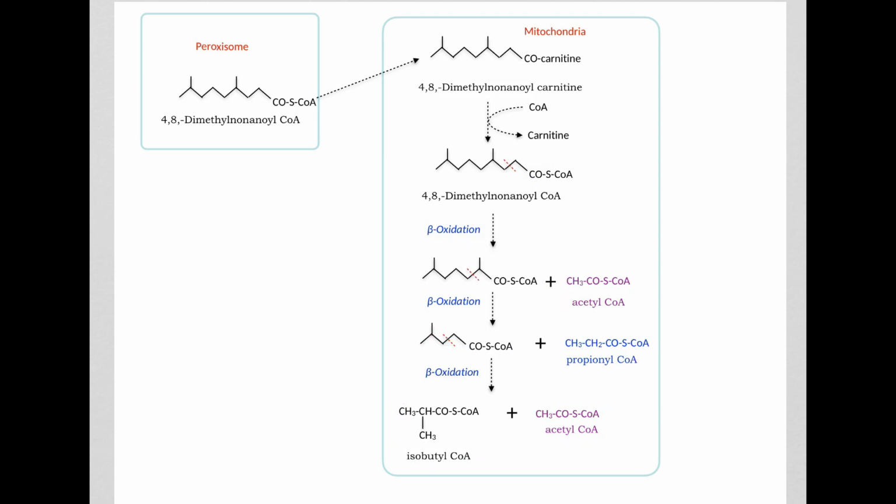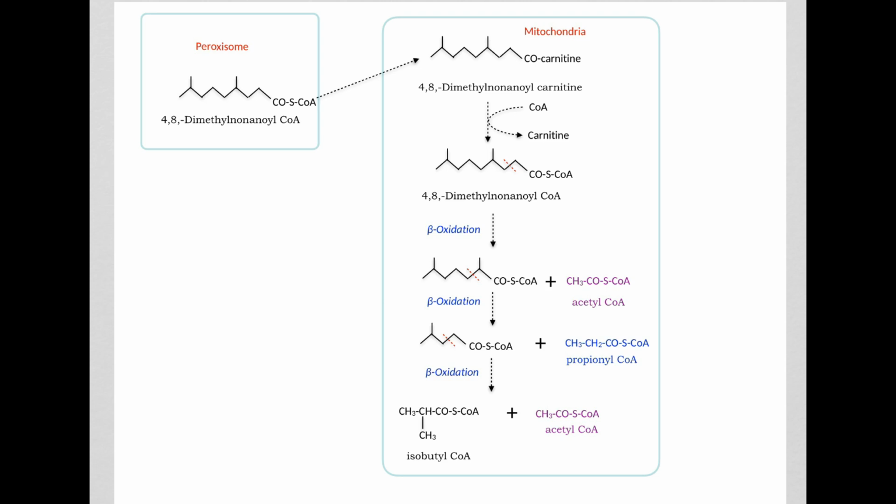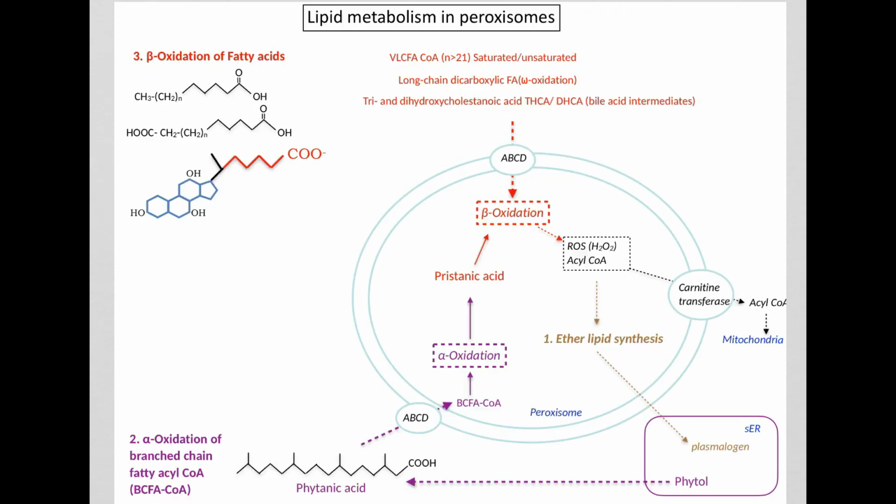So the breakdown of pristanyl-CoA, pristanic acid, not only gives us acetyl-CoA and propionyl-CoA in the peroxisomes, which are then transported out, but in the mitochondria we also get acetyl-CoA, propionyl-CoA, as well as isobutyryl-CoA. So this is how we break down branched-chain fatty acids